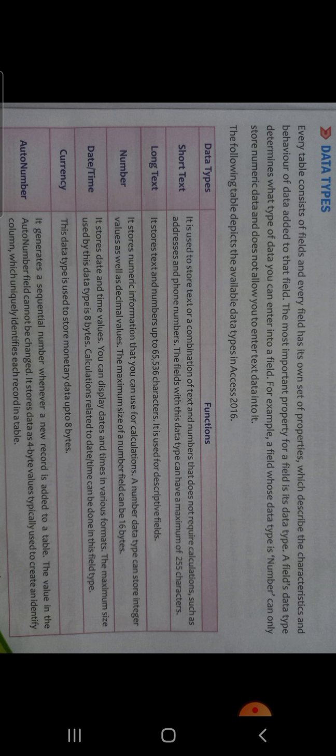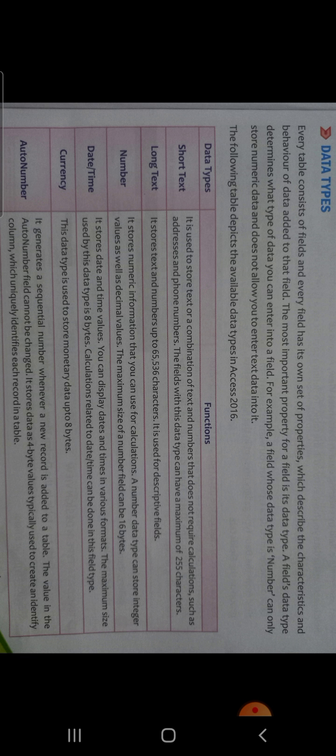Every table consists of fields and every field has its own set of properties, which describe the characteristics and behavior of data added to that field. The most important property for a field is its data type, that is, which type of value that field will contain. We must define it before entering the data.